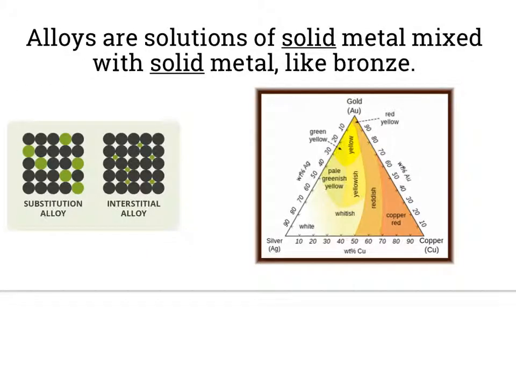All right. Alloys are one last type of special solution. They're when solid metal is mixed with other solid metal, like a very common example of bronze. There's actually no element called bronze. Just surprise. Okay, in AP Chem, I'll actually tell you there's two types of alloys, so I might as well